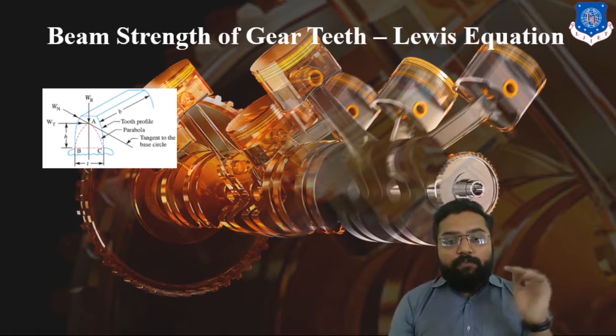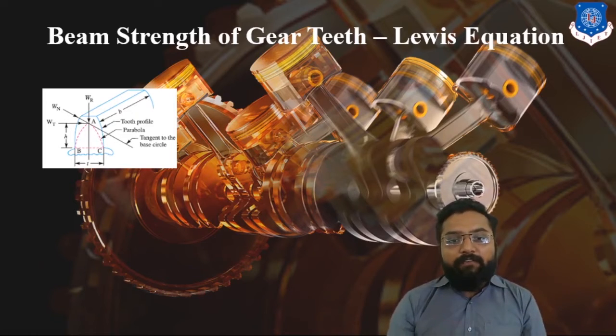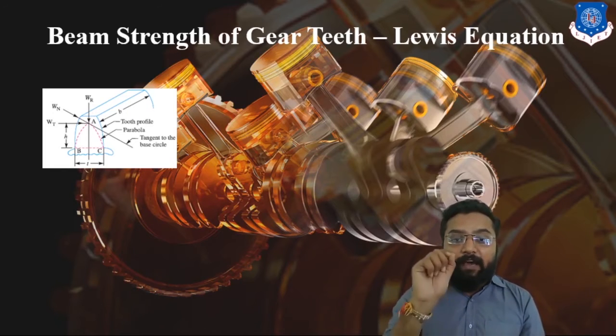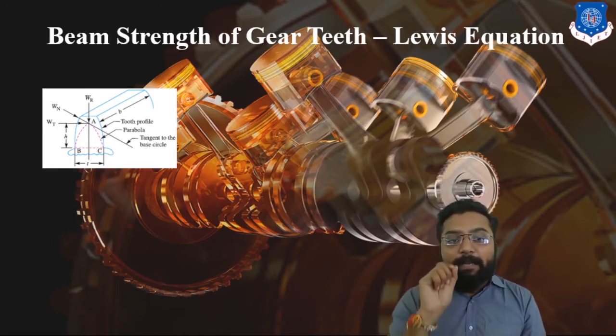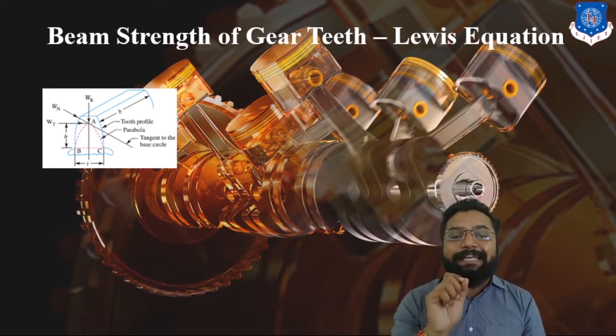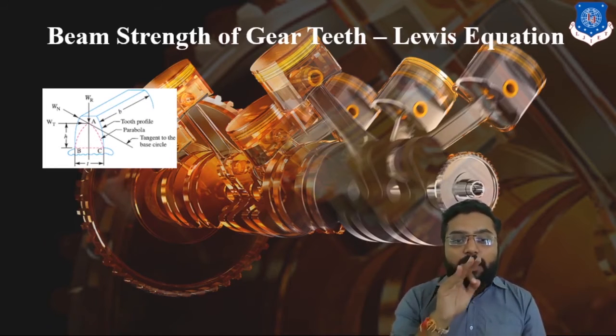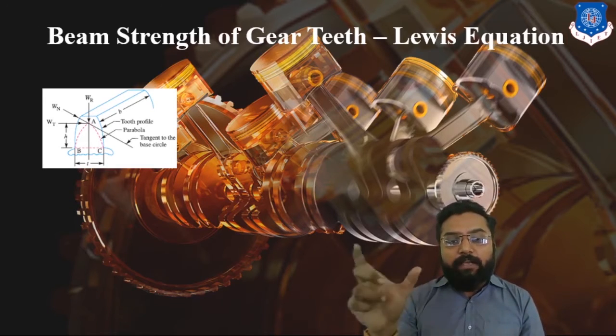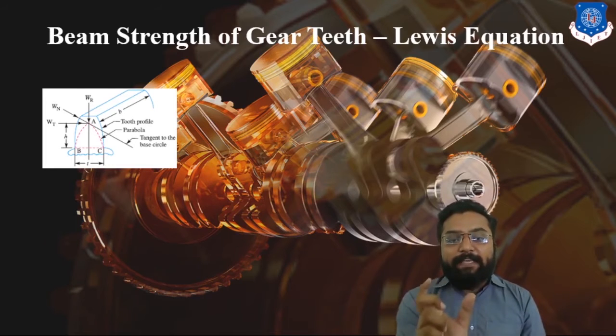Here you can see force is acting as Wn, which has two components, Wr and Wt. Wt is the tangential component, the component which predominantly works on our gear, whereas Wr is the compressive component, also called reactionary force, where Wt is called thrust force. It has h as its length and its thickness is t. Ultimately this is our basic tooth profile.